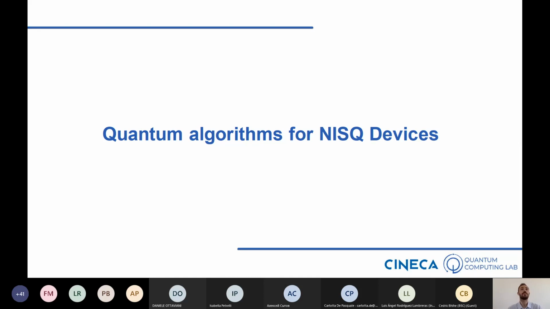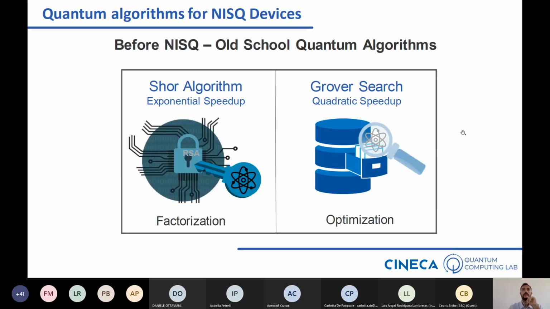So we have 1 hour more or less to try to understand what these devices are and what the quantum algorithms are that work on the devices that we have today, like the Pascal device, and also the IBM and Google devices. We have seen this 2 days ago. Before this, the old school quantum algorithms are like Shor's algorithm, Grover search, quantum phase estimation,